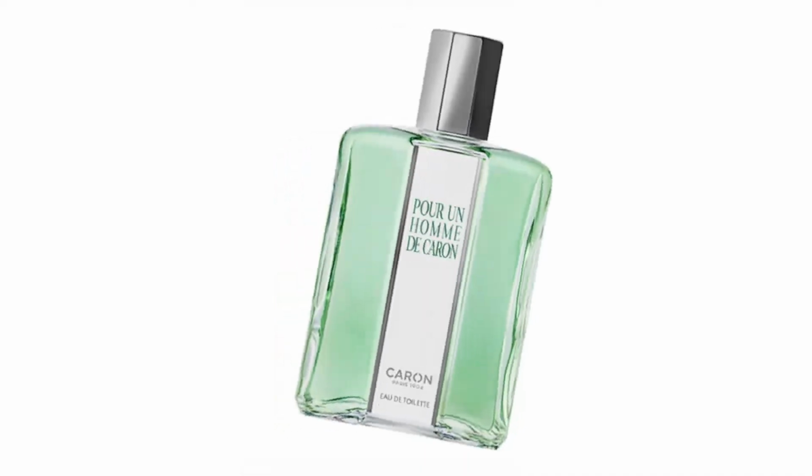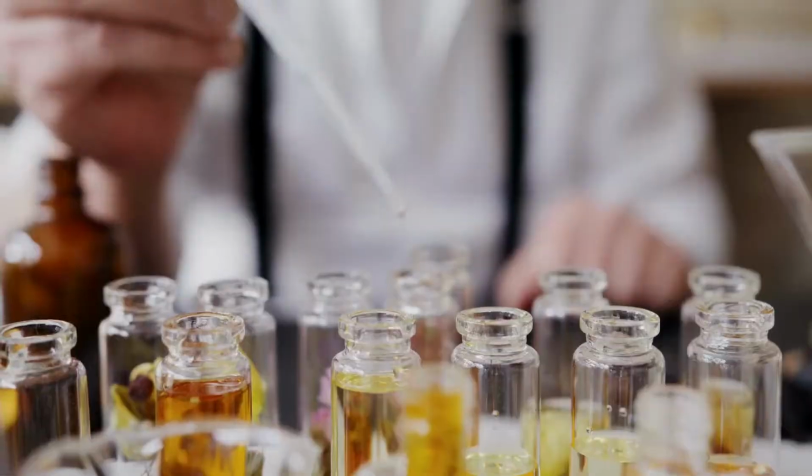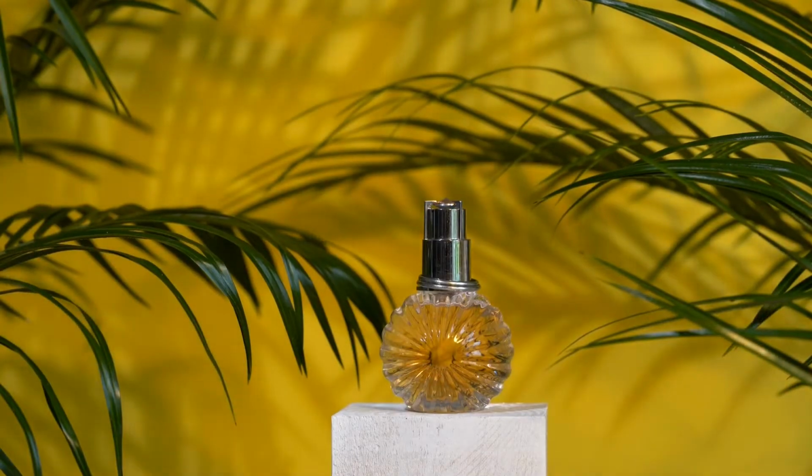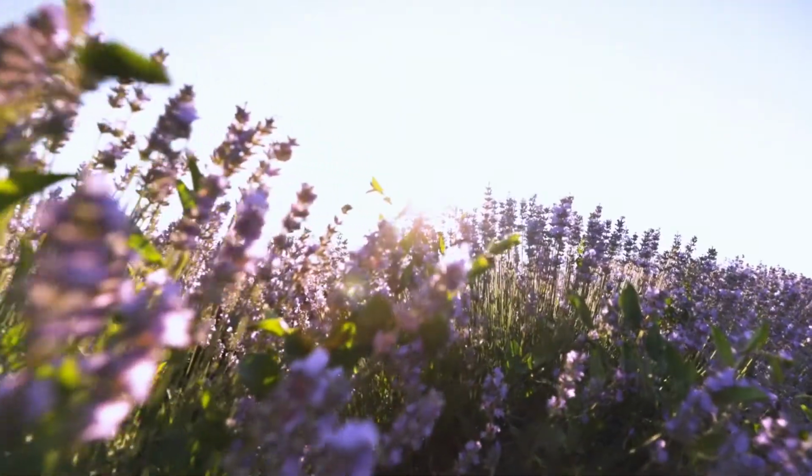Another iconic one, and of course a lot of Parisian guys wear this one. This is Pour un homme, so pronounced Pour un homme. This is one of the most iconic men's perfumes, and here a lot of Parisian guys wear this one. It's a very aromatic, citrusy perfume with a cologne vibe, and it also has a very strong lavender note on the opening and in the middle. So if you love lavender perfumes with a cologne vibe and something very South of France,